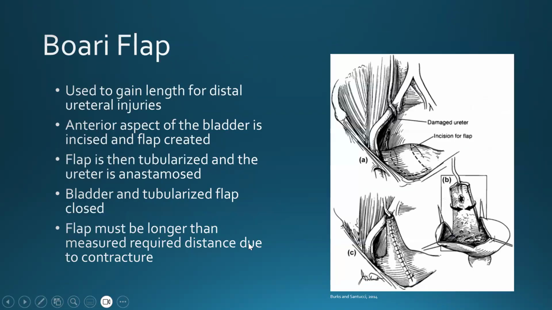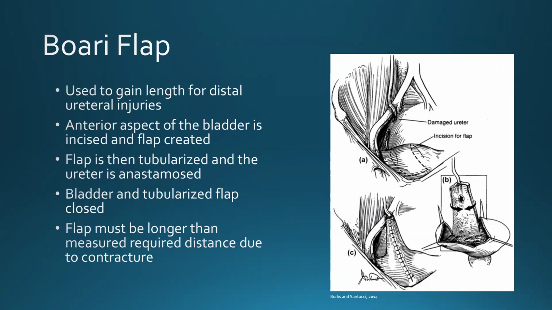And so this is a Potpourri flap, and it's used to gain length for distal ureteral injuries. The anterior aspect of the bladder is incised, and then a flap is created. And this flap is tubularized, and the ureter is anastomosed into that flap, and then the bladder and the tubularized